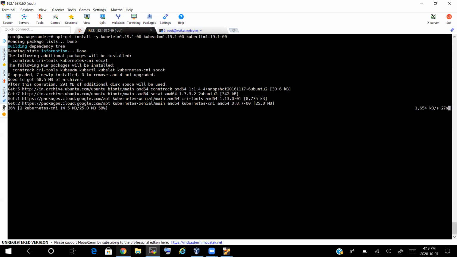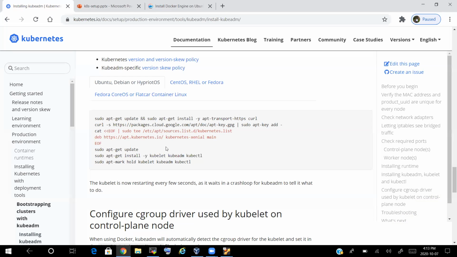After that, once these packages are installed successfully, we are going to lock them. Lock in the sense that it should not do an auto upgrade on these packages. I have to control that. If they are not locked, what will happen when some auto upgrades run on the server? Immediately it will upgrade these packages as well.